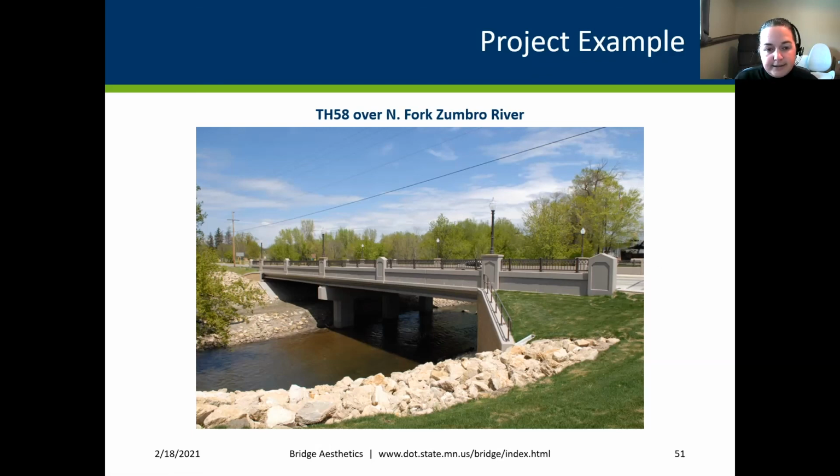So some of those things have a lot of meaning to people or to the community, and that's really what we look for in aesthetics, because having that ownership, like I said on the 2nd Street example, really makes a big difference. And in this case, this bridge is probably photographed a lot in the background, simply because the covered bridge was right next to this, off to the left of this image. So you're going to see this in the background, and that can improve tourism for communities like this.